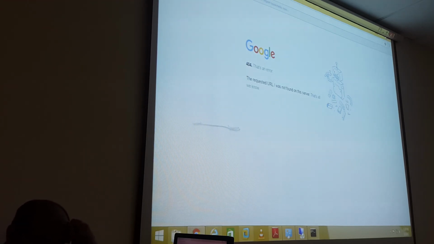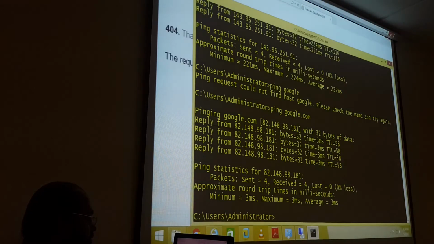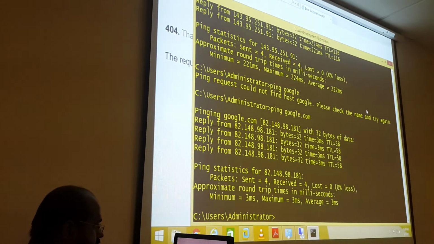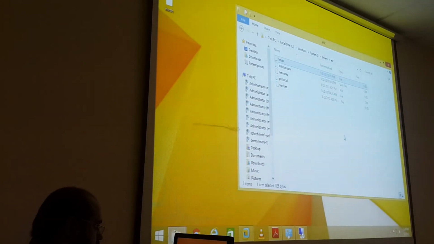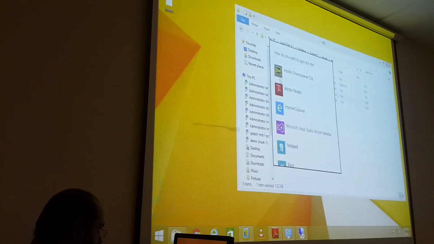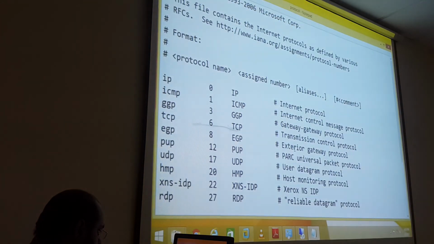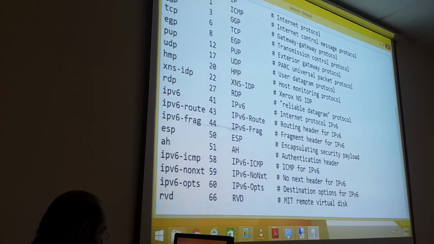It's not HTTPS. You can play with the port numbers, protocols, and